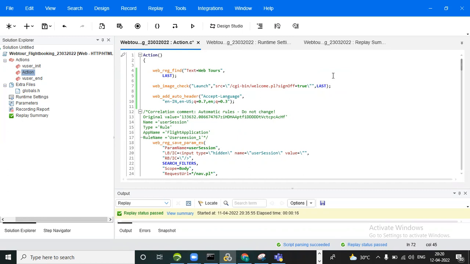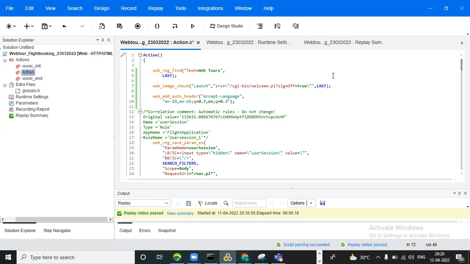So as of now, if everyone is clear, we are mostly closing the scripting part. After maybe two or three classes, we'll go to the controller. So the script announcements are completed. For this script, there will be some LR functions and some web functions. We need to discuss today what those LR functions and web functions are.